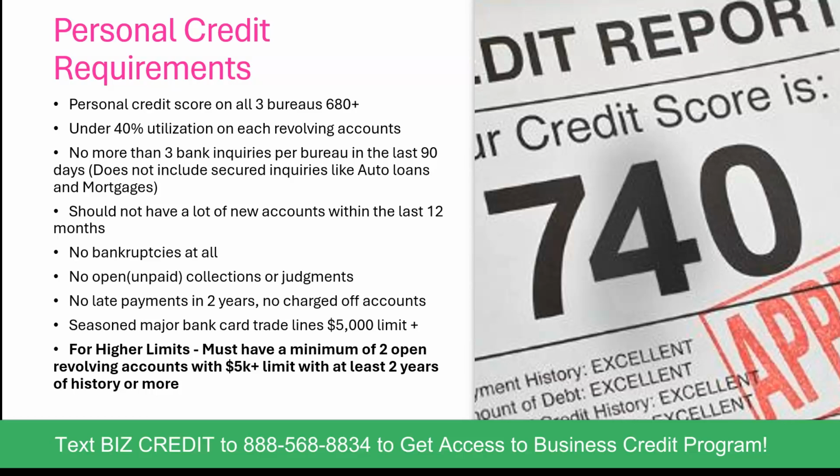So it's not your total utilization. They are really looking at each individual credit card, because I've seen denial letters stating that one of the reasons for denial is using too much of their current credit limits. So you definitely want to pay down some debt before you start applying for 0% interest business